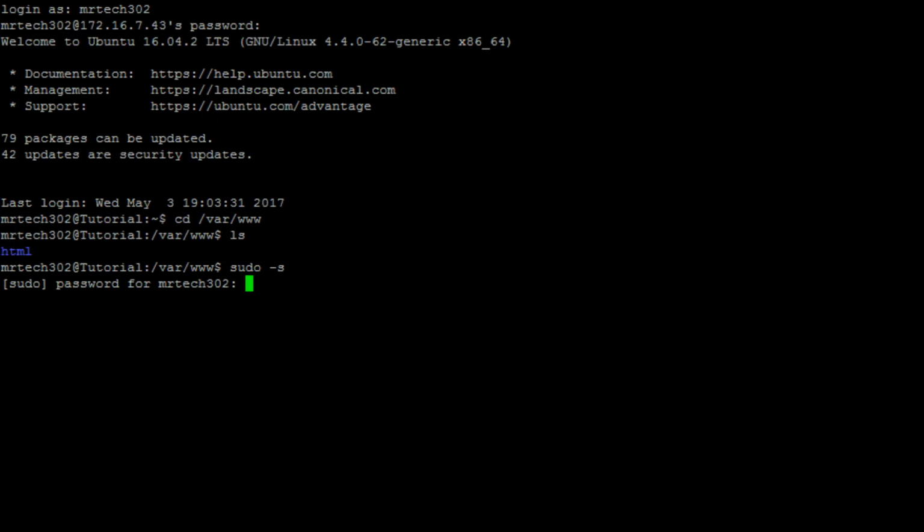Type in your password, and as you can see, we're now root in the web directory. You can become root before you go to it, or you can become root after you go to it. It'll hold you in the folder that you're in whenever you go to root. So now what we're going to do is make a directory, which is going to be mkdir